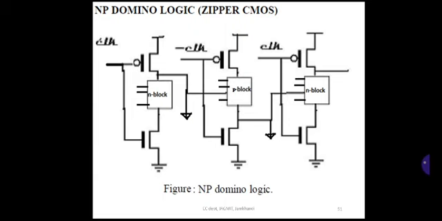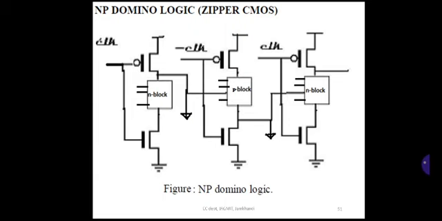And the third stage is similar to the first stage; it is again precharged high. As the subsequent blocks, the first stage, second, then third, are complementary networks,